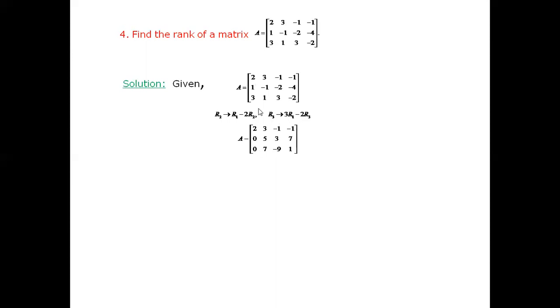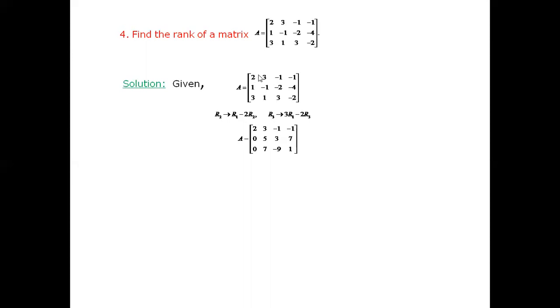So these are the two transformations we can use. Now we can apply. First row I'm writing as it is: 2, 3, minus 1, minus 1. Now if you apply this, you are multiplying this row with 2. So this is 2, minus 2, minus 4, minus 8. Subtract 2 minus 2, 0. Now this is 3 minus of minus, plus 2. 3 plus 2, 5. Next, minus 2 into this minus, so it is plus 4. 4 minus 1, 3. Now minus 4 into minus 2, plus 8. 8 minus 1, 7.